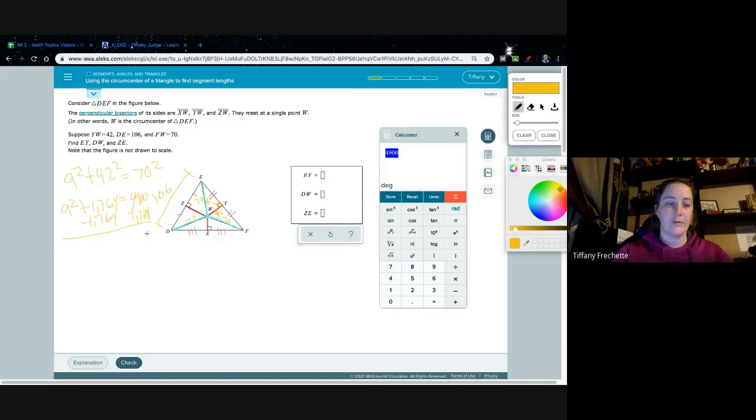Oop, 4 didn't come out very well. We bring down A squared. Any number minus itself cancels. And this is going to equal, let's go back to our calculator. We're going to subtract 1,764, and we get